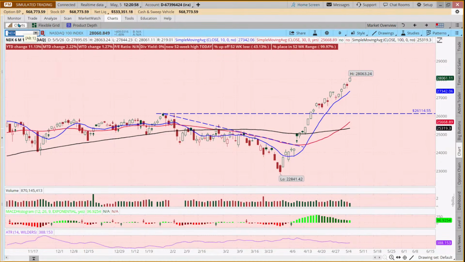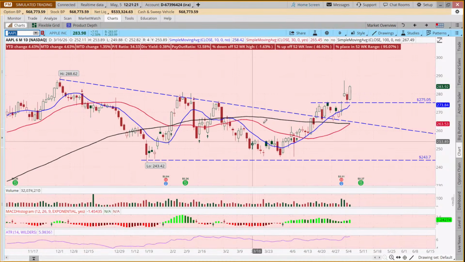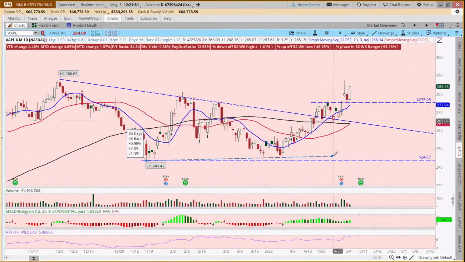So if we look at something like Apple, it's interesting because Apple's at the top of the Nasdaq, it's at the top of the Dow. So I look at Apple on the daily as I'm looking at charts, but we had this kind of skewed double bottom, if you will, where it came down and came up. We had this diagonal resistance line, and this is like a big fat pennant pattern. If we draw this line this way,